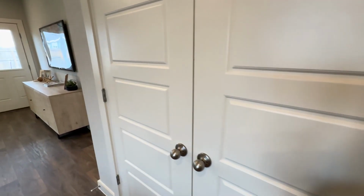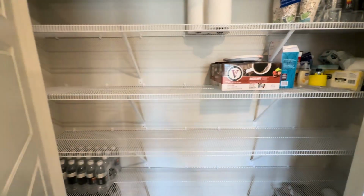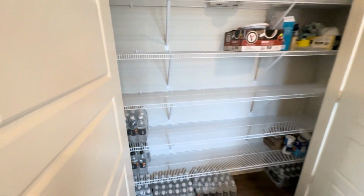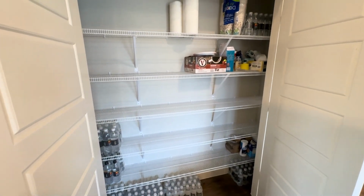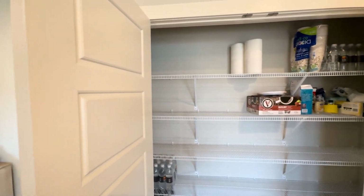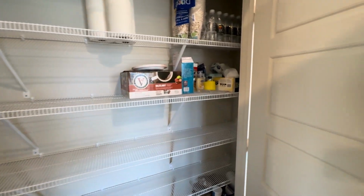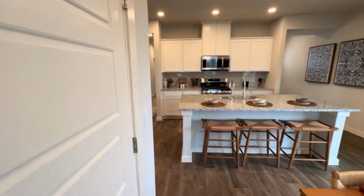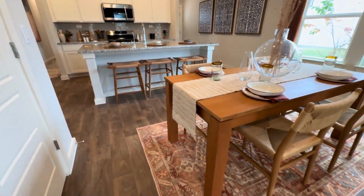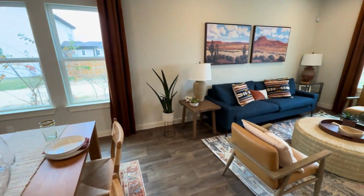Now, some people get a little mad because the pantry isn't as big, but I personally love a closet pantry that's super wide like this. I don't need it deep if it's wide. You know what I mean? You can fit so much more here. And if you wanted to, you can add more shelves too. I much prefer this. You have this beautiful dining space right over here that's coming in, super awesome,